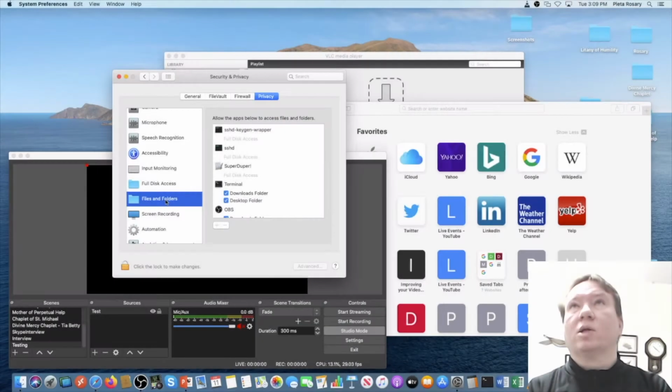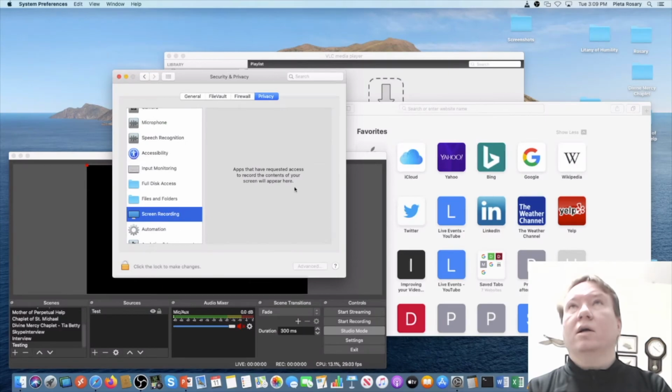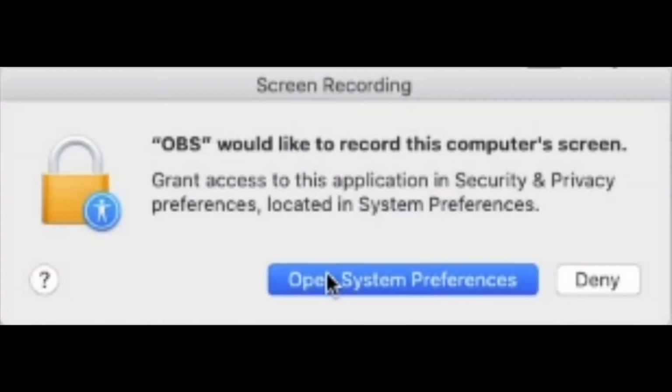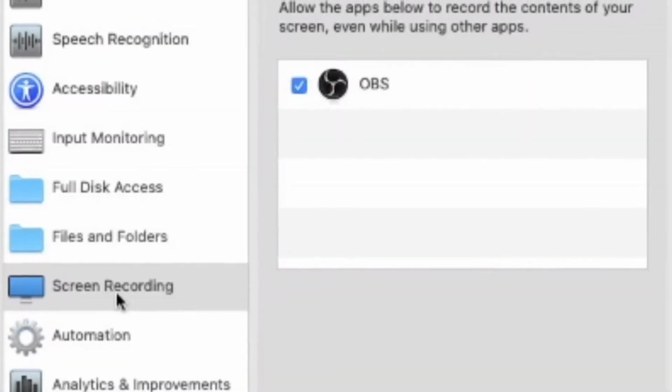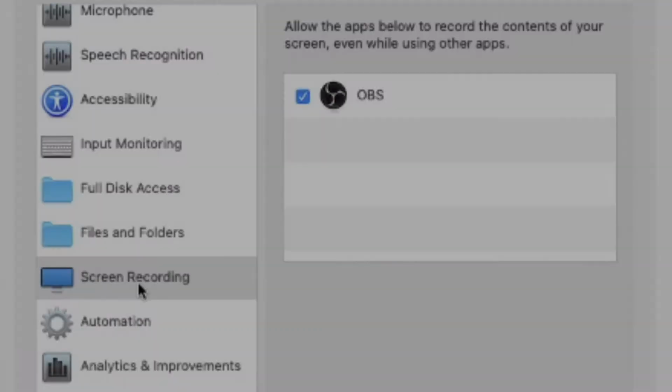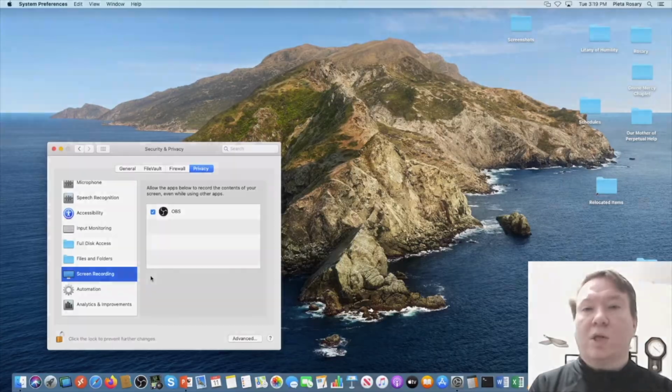It also needs access to files and folders, so I don't know why that needs my downloads folder, but under screen recording on my Mac it says blank, and I'm thinking, so that's how you get OBS under screen recording. But underneath there it has a plus or a minus sign. But when it comes to the screen recording part, there's no plus or minus sign. And so